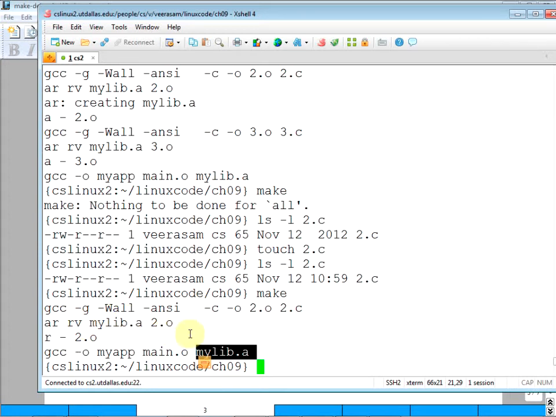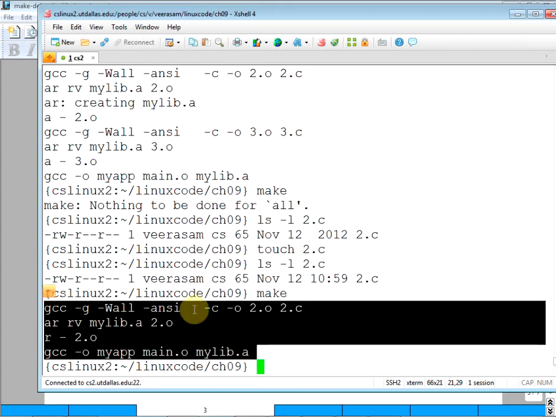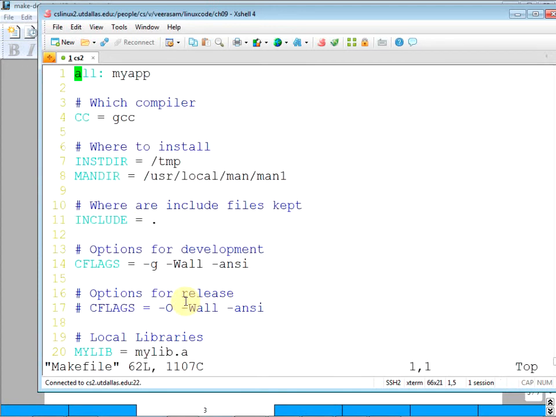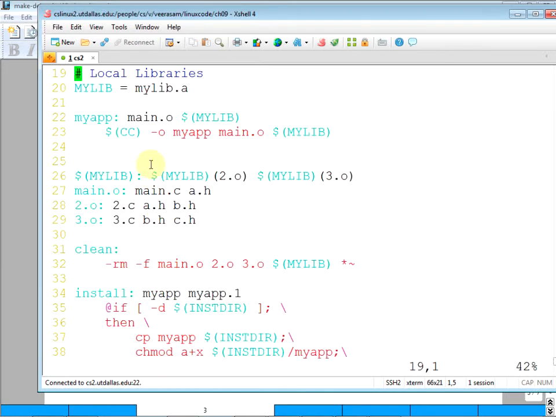Okay? So the bottom line is we are able to find which one is the old timestamp and new timestamp and compile. Let's look at the makefile. You can specify some flags, what compiler, all those types of things, and this is the two-line version you will see everywhere. So this means my app depends on main.o and this library file.